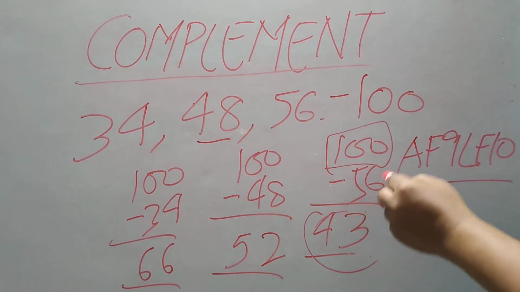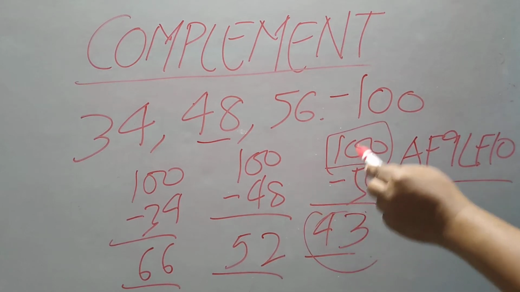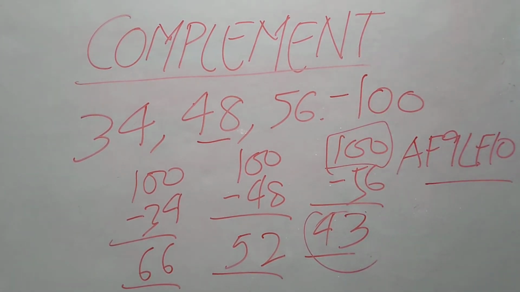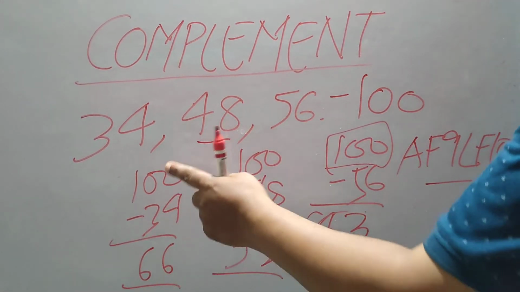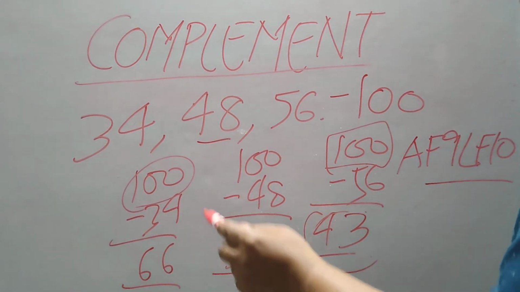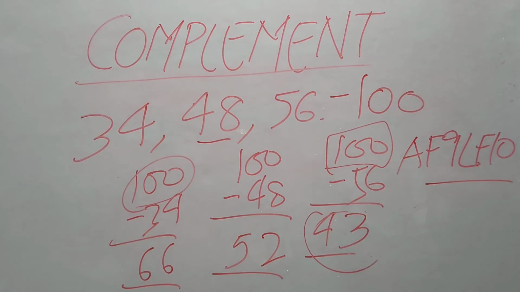Then it means 6 plus 3 is 9. So it means it is not a correct number, because I should get the base. What I meant to say is that when I find a complement of a number, the number and its complement sum should always be equal to the base, because the complement is found by subtracting the number from the base. Now, I have done this for the 2-digit number.